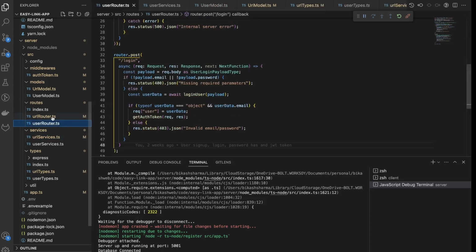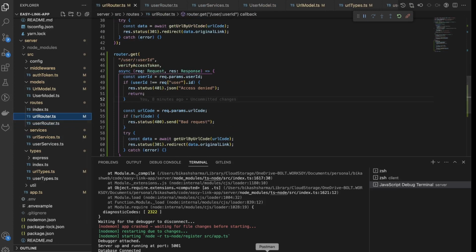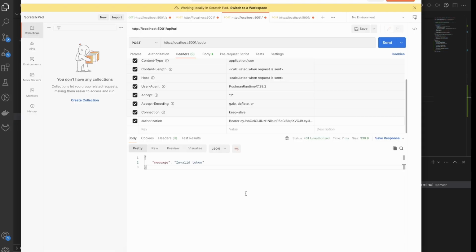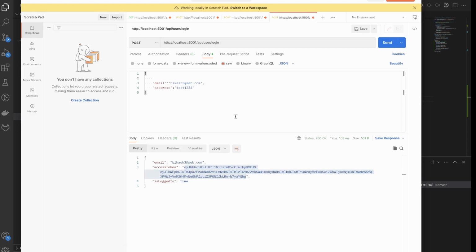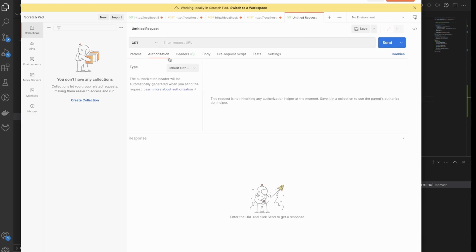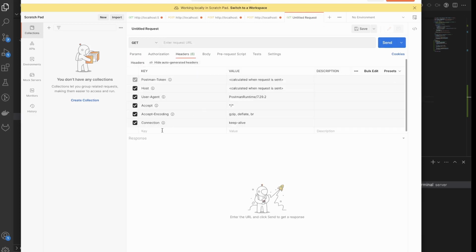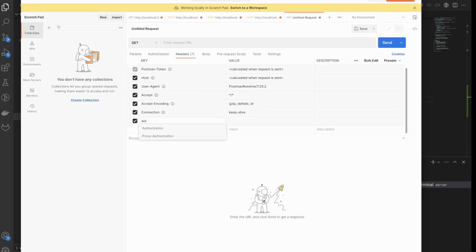And we have URL router. So let's go to Postman. First thing, we want to log in. So let's log in. Okay, so we have this token here, and then let's just go here in the authorization headers here. Okay, that's all we need, except it should have bearer and this one, that's good. And then